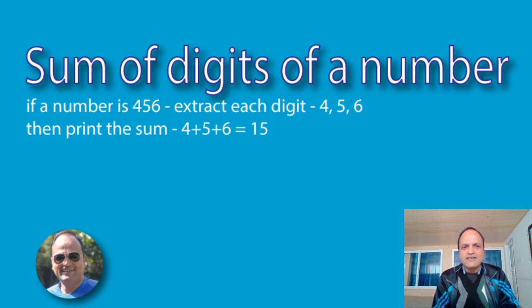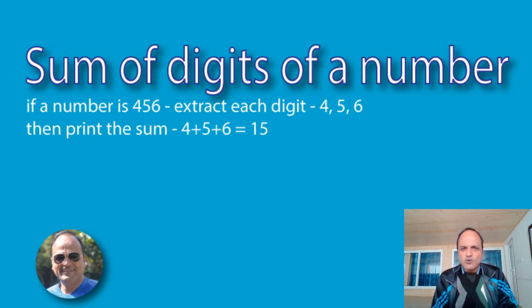Welcome back once again. Another thing that is very important is extraction of digits. How can we extract digits from a number? If a number is 123, how can we extract 1, 2, and 3? There are many ways to do it. One of them is to convert it into a string, then use string functions and extract them. Well, I don't approve of this method because when it comes to numbers, we should use numbers as numbers.